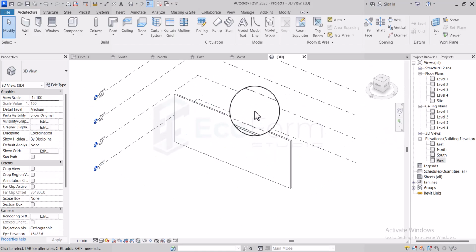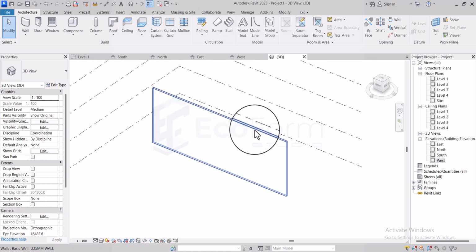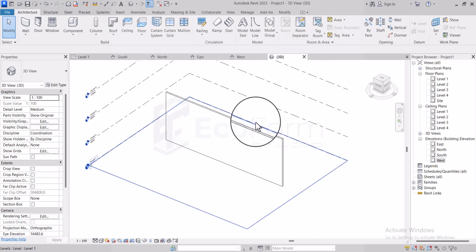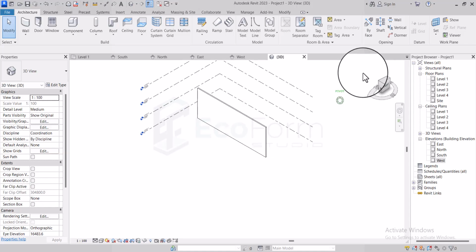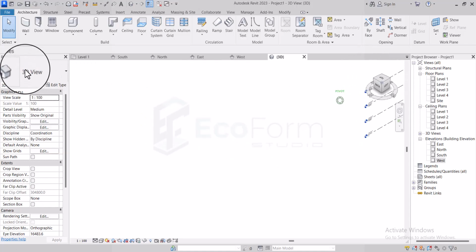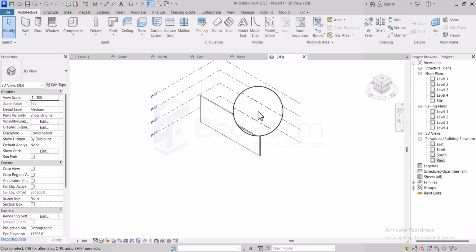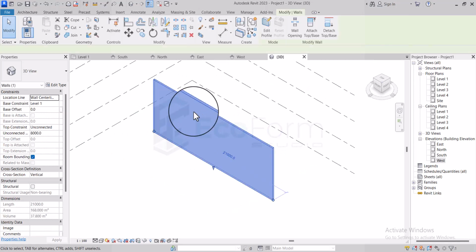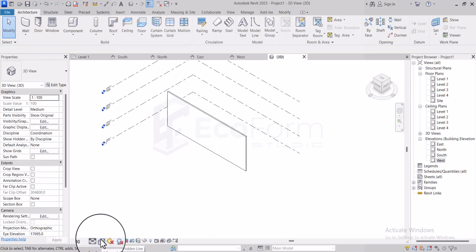So I'm just explaining so you'll not be confused about what she's pressing that it's going in and out. I'm pressing the middle part of the mouse to zoom in and out. I can as well use this to rotate and the like. I can as well use that. So let's go back to what we are doing. So this is the 3D of the wall I created, and if I come to this little box down here,